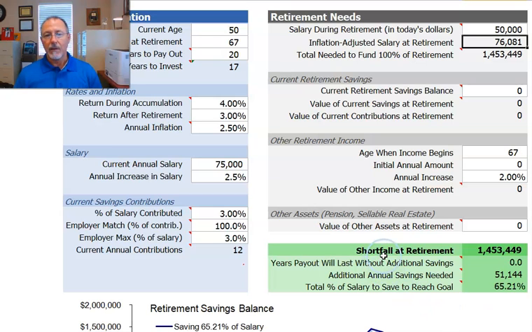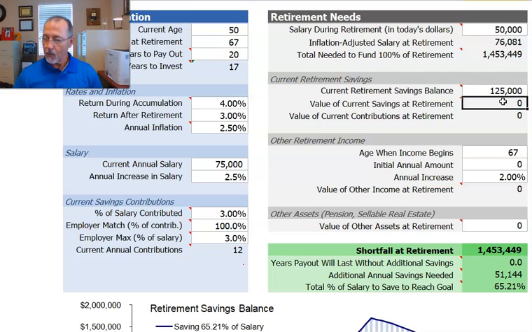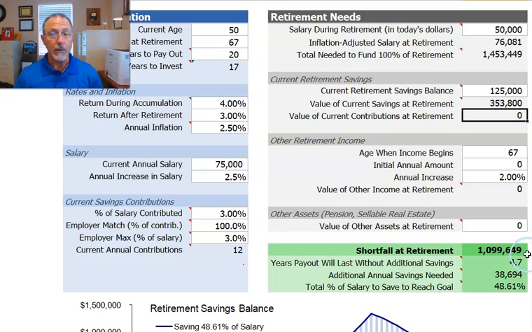Now you can see down here, obviously that leaves a shortfall because we put nothing in here of $1.4 million. But he does have some savings. He does have $125,000 accumulated, and if it keeps growing at the 4%, it'll grow to $353,800. Okay. And so that will bring his shortfall down to only $1 million. So if this was all John had, if he had just been saving in his 401k, he would be $1 million short of having